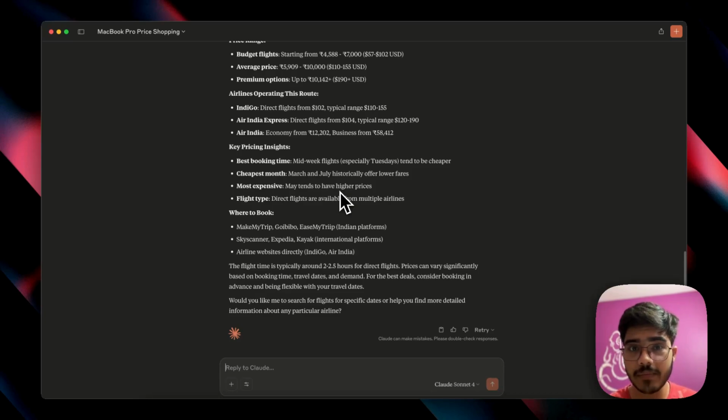We have created our MCP server, that too without writing a single line of code. So you can create your MCP servers from your API docs and I have shown you how simple it is.